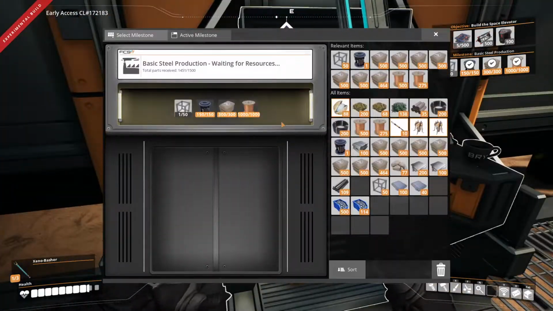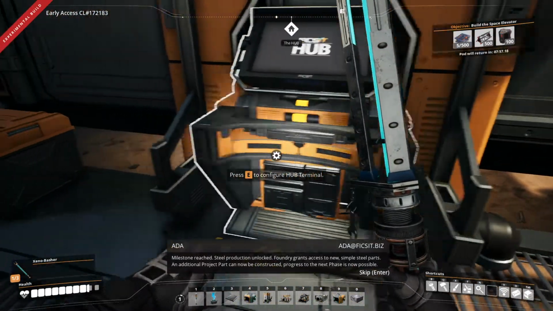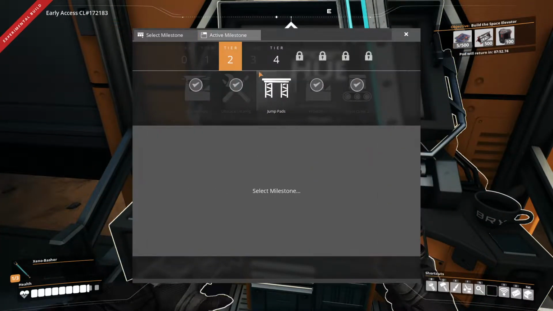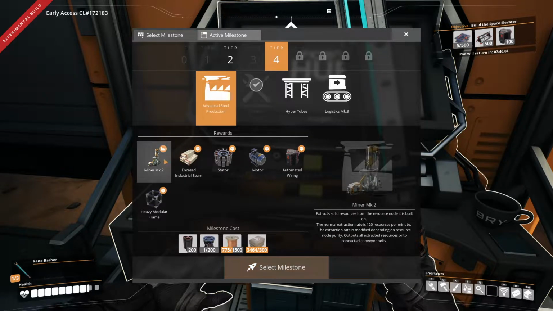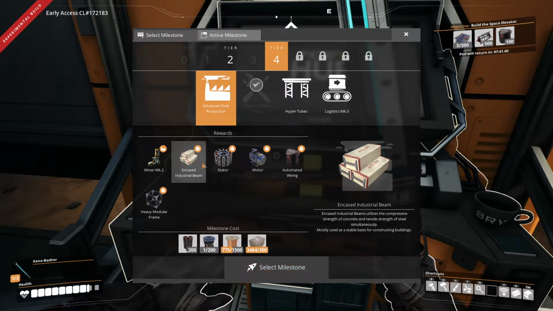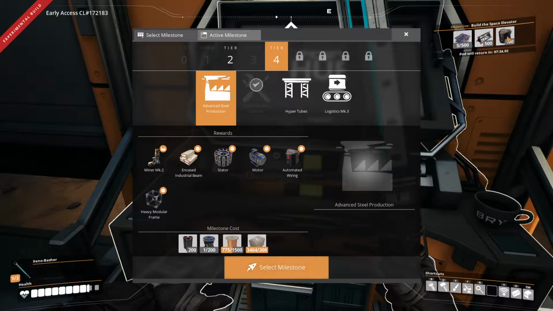Perfect. Guess what? We have enough for this. Awesome. Steel production. Milestone reached. Sweet. So let's go back and see what we can do. These, I really don't even want to do these. We have all tier 3 done. We have tier 4, so you can do advanced steel, which basically unlocks Modern MK2, which is going to be really good. Then these are going to start going into other things. These are way advanced for where we're at right now. However, we do need the automatic wiring to go into the space elevator, and we're going to need